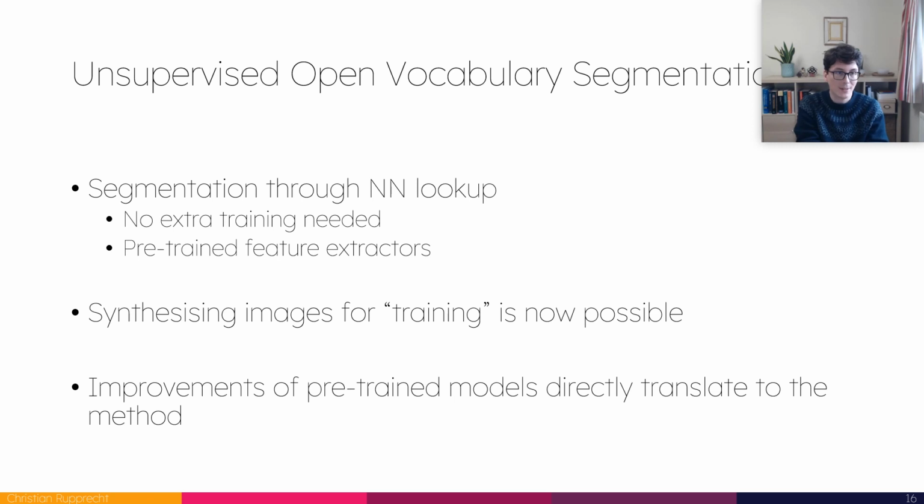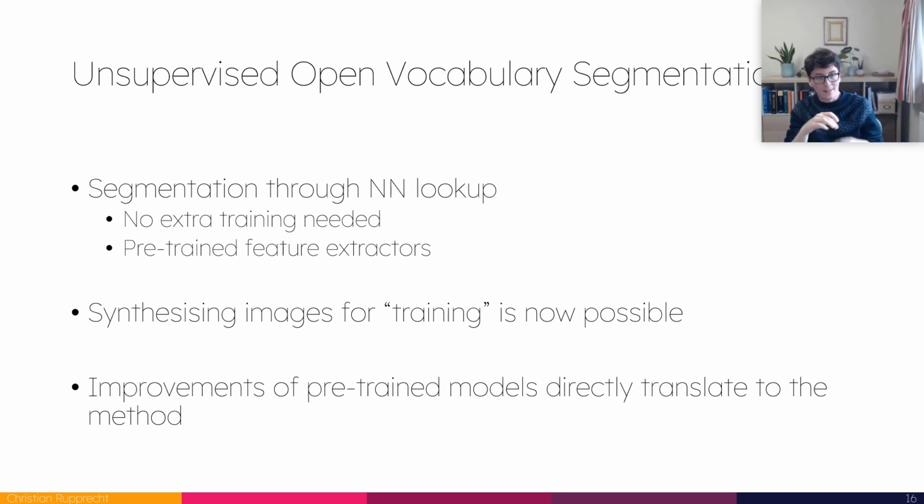And the good thing, and this leads back to the beginning of the talk about this setup, is that if there's a new version of Stable Diffusion or a new version of a feature extractor, we can just drop in this replacement. Since this method is completely training free, it just takes the new features or the new generated support set and it works. And I think this is more in line with this general notion that now we have these very generic models, so we should use them directly to solve the tasks instead of requiring a very long training step or any kind of further fiddling with the models until we solve individual tasks.